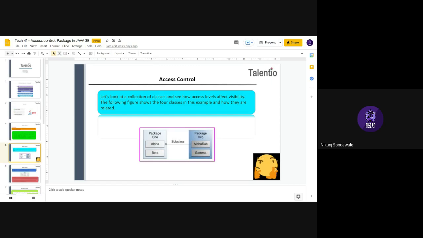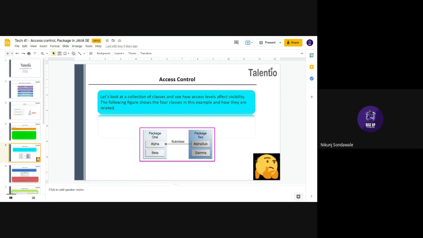And you see the beta class. It could be a default class, or it could be a private class, because the scope of this class exists in the same package only.